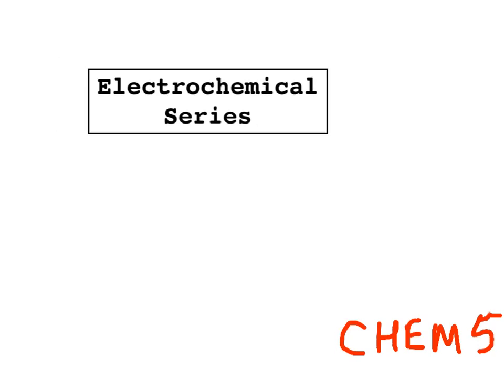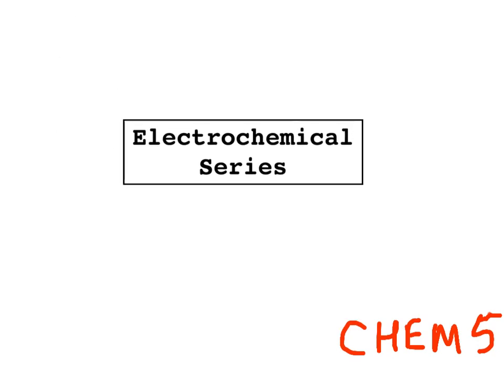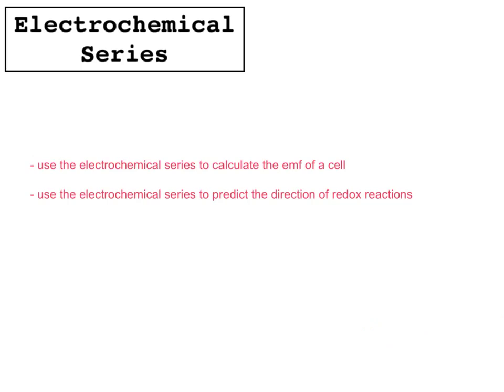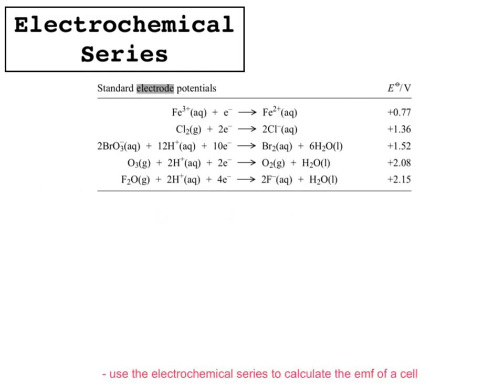This video is on the electrochemical series. Our aims for this video are to use the electrochemical series to calculate the EMF of a cell and use the electrochemical series to predict the direction of redox reactions. If you don't understand what this table really shows, then you can watch one of the other videos on